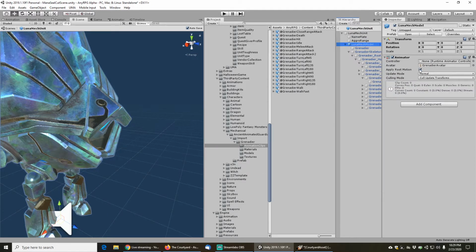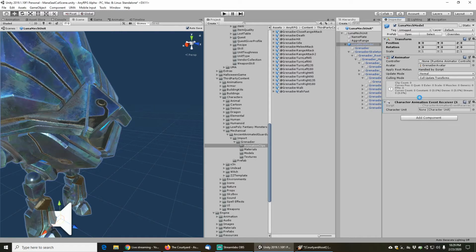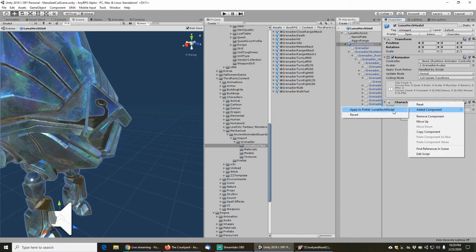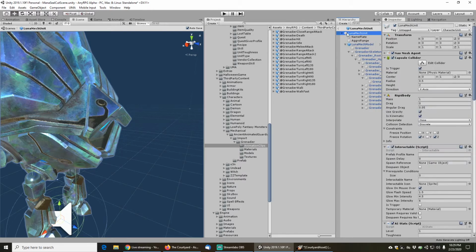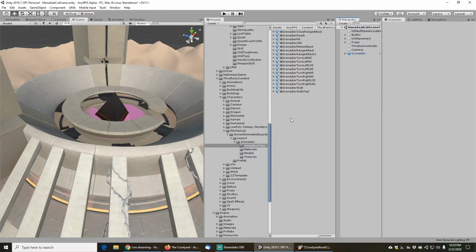On the LunaMech model, I'll be adding a component, and that's the character animation event receiver, which will disable root motion because the script handles root motion through the animation profiles. We'll apply that to the character model, and pretty much everything else looks good. So now that I have my LunaMech unit,